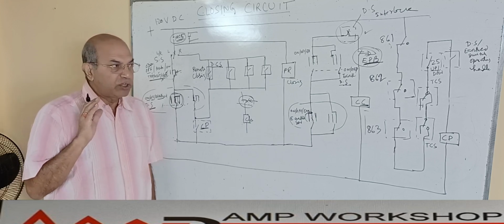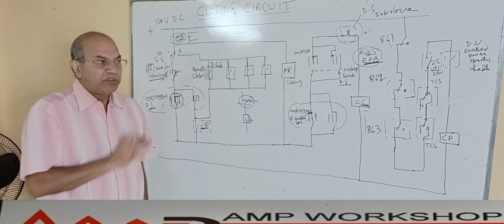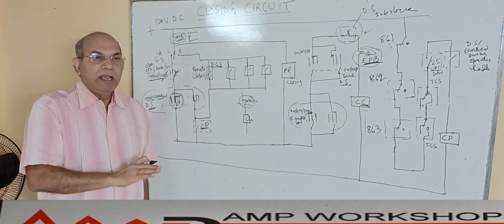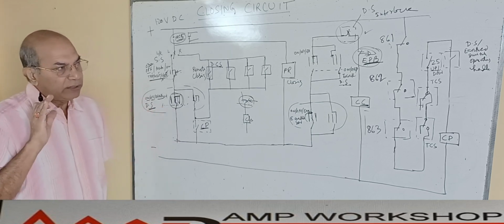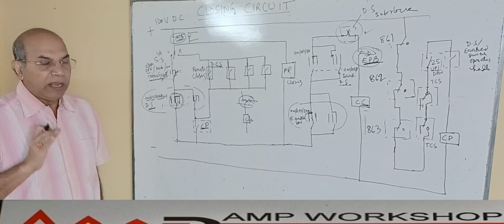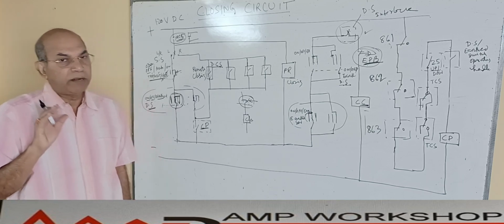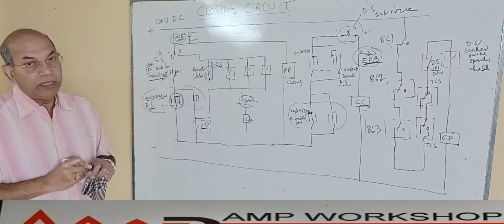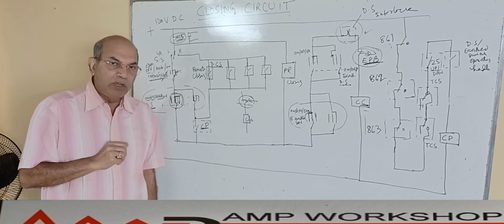So I have to make sure, before closing from the remote, that the system is perfectly healthy and there is no abnormal condition in the system. Once that is ensured, and all the remote interlocks are present, then only can I close the breaker from the remote. From the remote closing, we need to be more vigilant, because when I am doing it